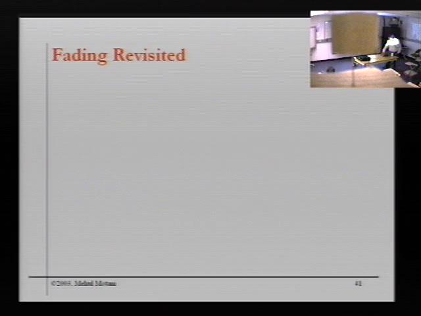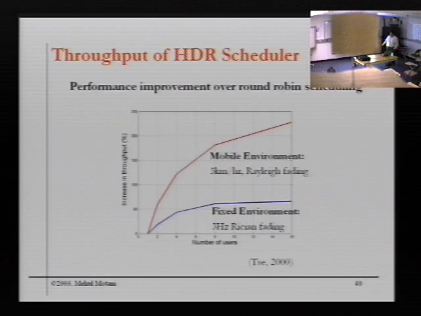And we find that, here's a curve that David showed in 2000. This is my manipulation of it, but the data is his, and the idea was from his paper. As you increase the number of users, we're going to look at the increase in throughput over round-robin scheduling. Round-robin is where I just give everybody a turn, and the HDR scheduler is essentially